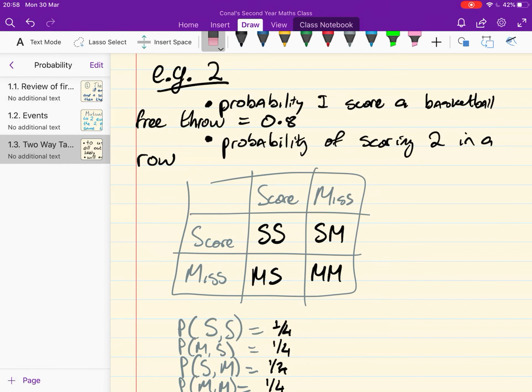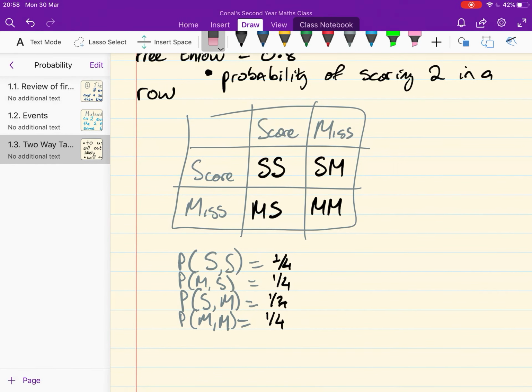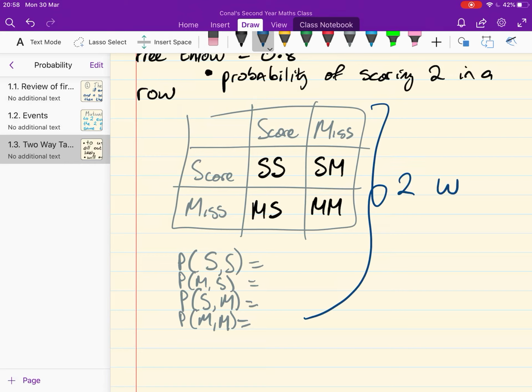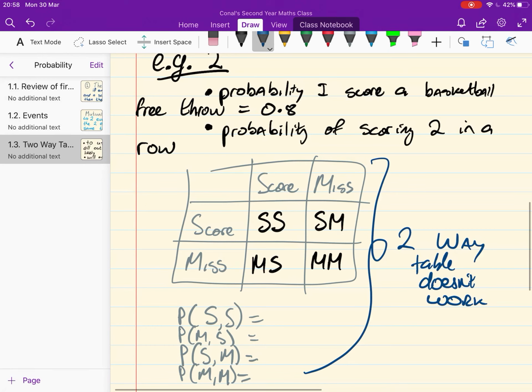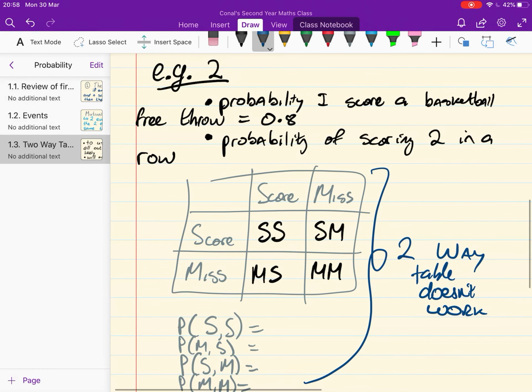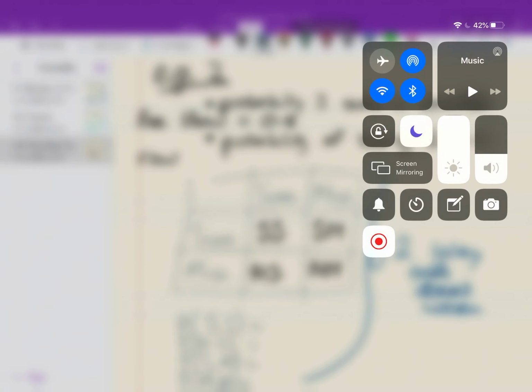Because I said initially that the probability I score a free throw is 0.8. That means the probability that I miss is 0.2. So a two-way table will not work for an example like this. The reason it doesn't work is because my probability of scoring is not the same as my probability of missing. So a two-way table will not work. We'll have to use a different